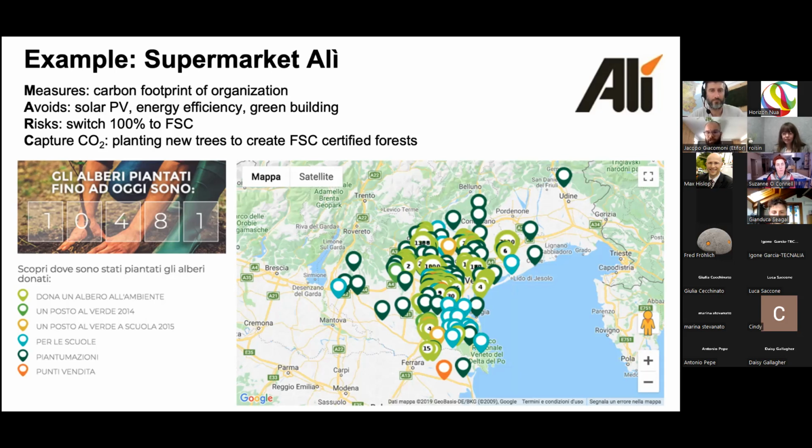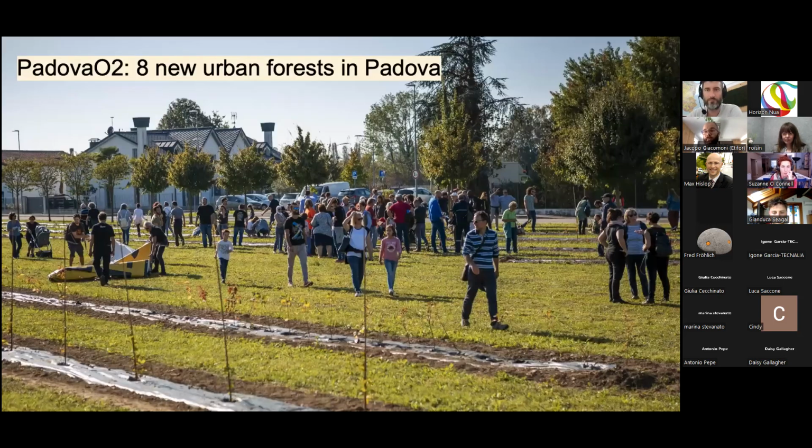And I will finish by highlighting some of the most, let's say, urban and peri-urban related projects we have been running in the last years, starting from the one we run in our own city, where Etifor and me and Colm are based, that is Padova. Here we worked together with the municipality, and we decided to build 8 new urban forests, starting from a bottom-up approach. So discussing with the citizens where were the best places to start the projects, and then organizing also stakeholder